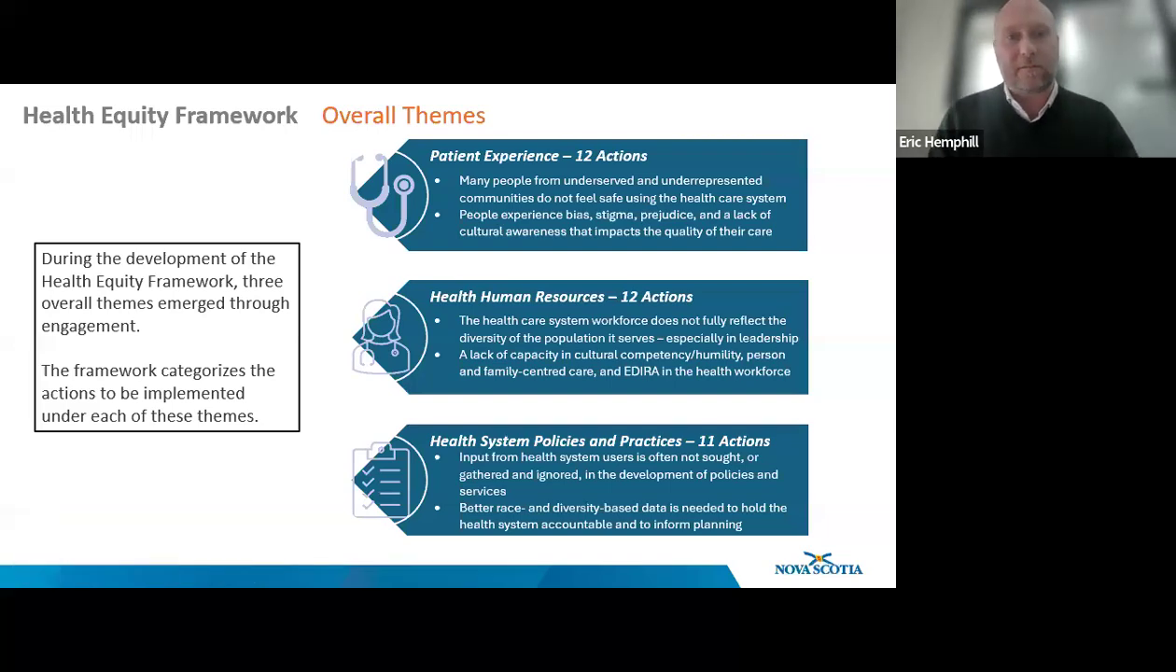The framework itself contains 35 actions, and for clarity, we're talking about actions, not recommendations. These are things that need to be done. And we know they need to be done because of the way the framework was developed. It was through about 9 or 10 months of extensive engagement with community, with the public, generally speaking, through lots of in-person and online conversations, meeting with community leaders, community organizations,